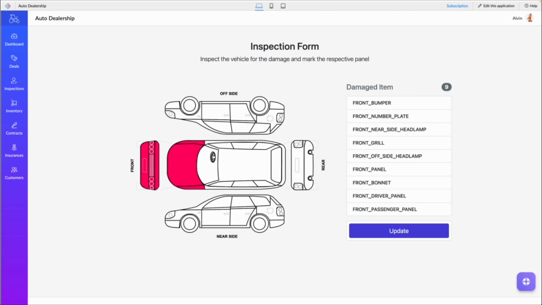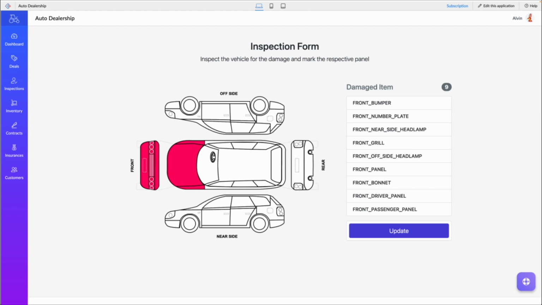The last one that we have here is a little bit more complex, but again, in the same sort of realm. Here, we're actually using what's called an image map to make an inspection form more usable. So instead of going through, choosing from a drop down the different area of the vehicle, something that's a lot less visual, here we have an image map where you click on the front of the vehicle, you can click on the side, you can click on the rear, whatever it may be,